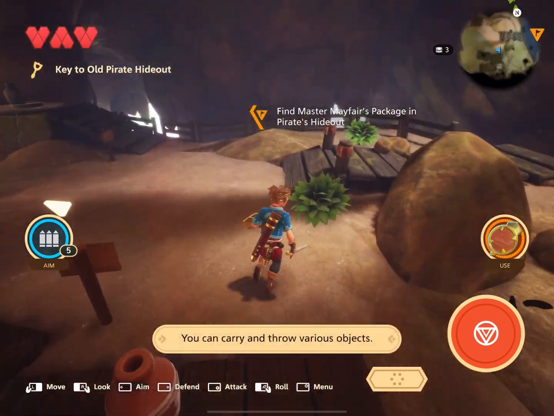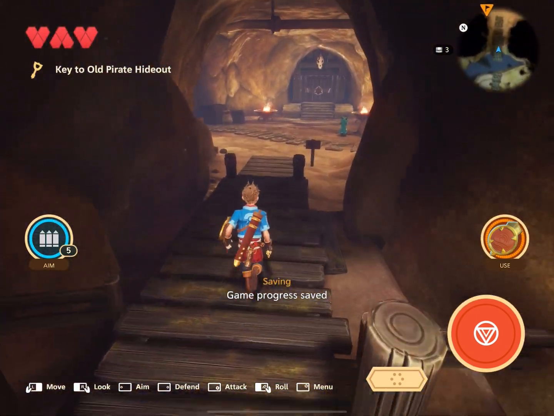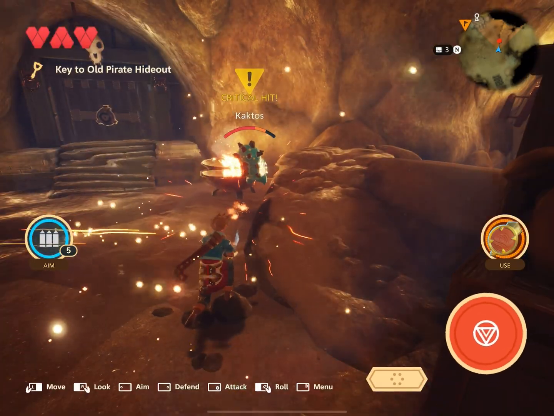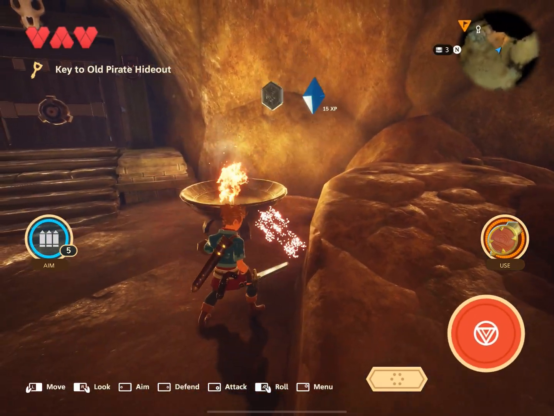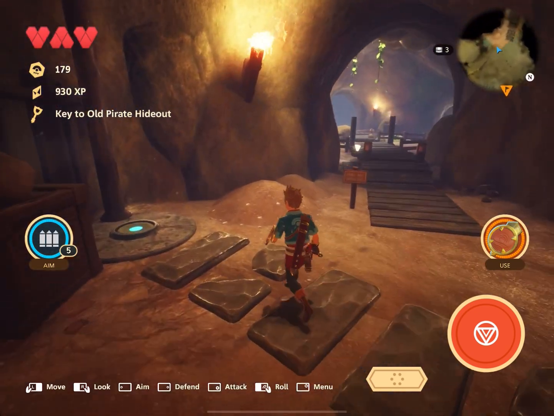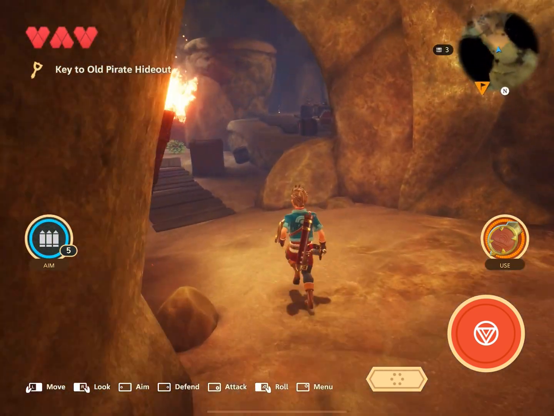All right. So we're going to jump this gorge again. And we're going to continue forward. Oop, we got this old guy to contend with. 3 hits. Knocks him on his butt. Let me show you how to get across this little